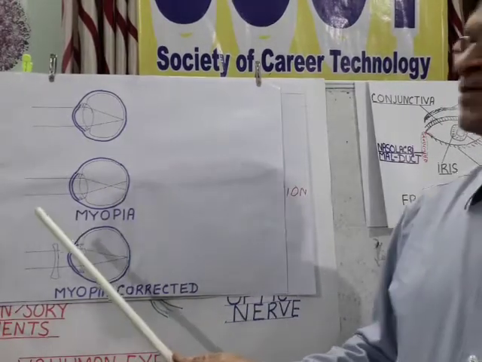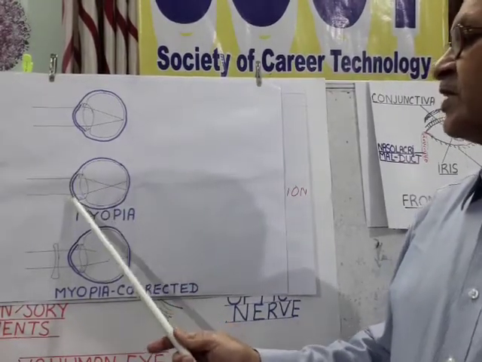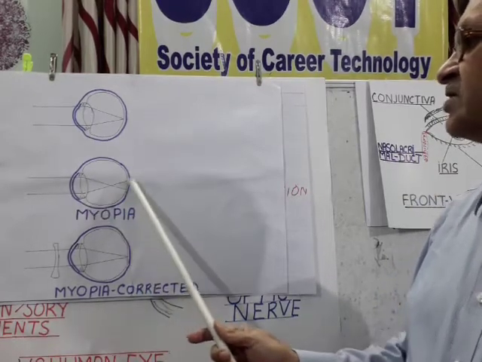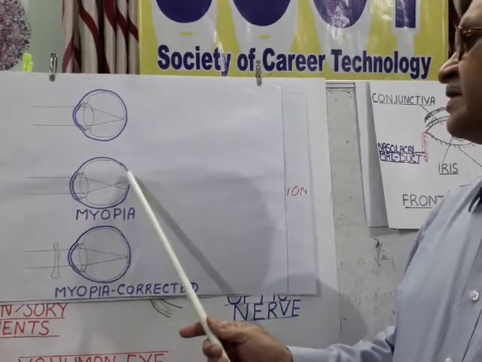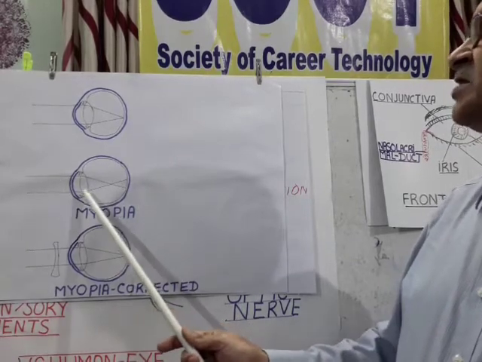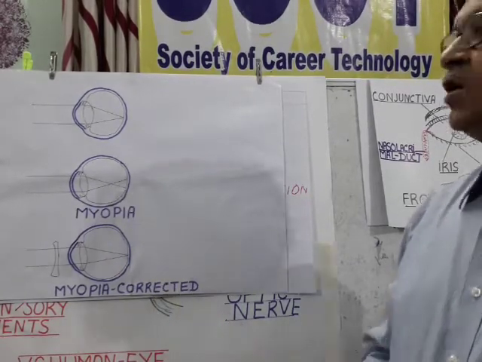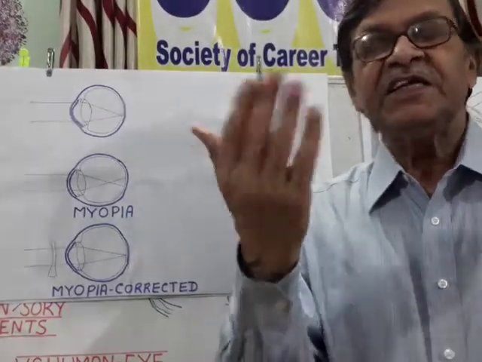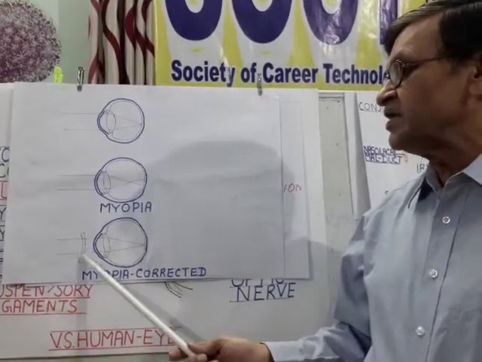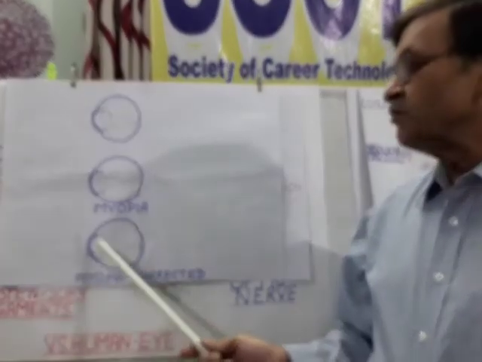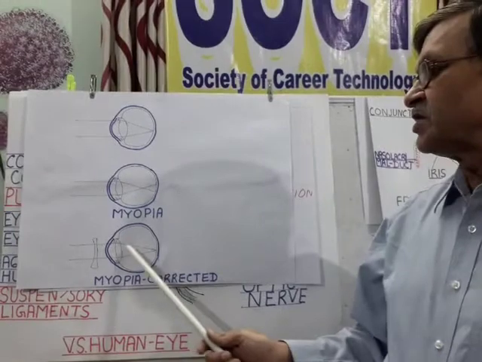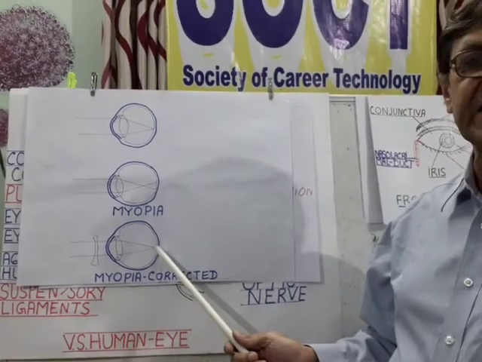In myopia, what happens? Either the curvature of the cornea or lens is changed, or the distance between the cornea and retina is changed, so that the image is formed at this place. So such persons can see near objects very clearly, but for distant objects they get a blurred image. This is called myopia, and it can be corrected by using a concave lens which slightly diverges the light, and the image is formed just at the retina.